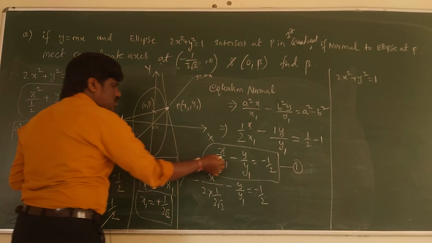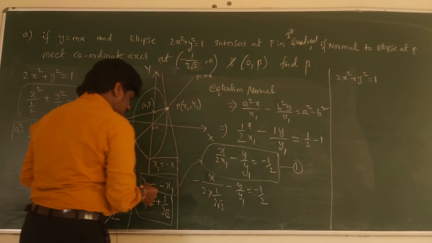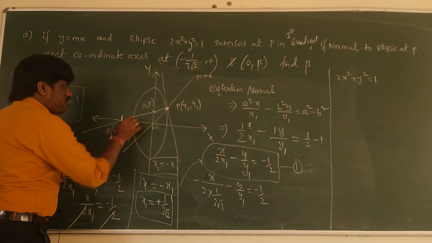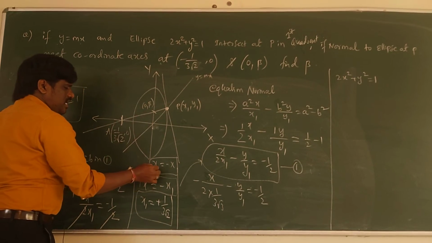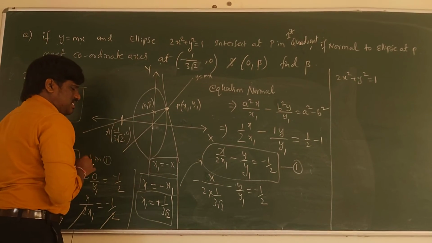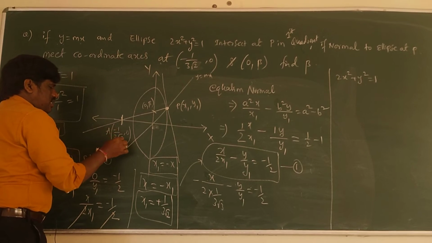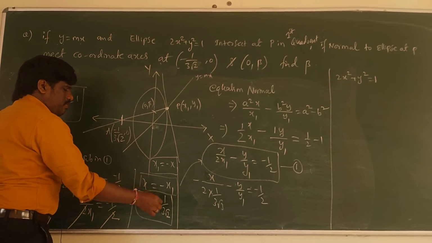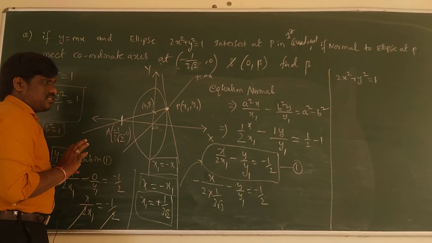So here when I substituted y is 0, I got x is equal to minus x1. So what am I going to find? I am going to find x1 here. x1 is equal to what I am getting? Minus x. So x is what here? Minus 1 upon 3 root 2 is the x. So x1 will be plus 1 upon 3 root 2, that will be the answer.